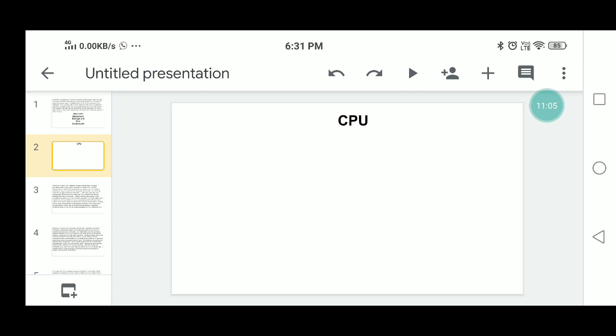Next, what is the role of the arithmetic and logical unit? The function of the arithmetic and logical unit is to perform the actual calculations in the computer. So it performs arithmetic calculations in the computer. What are the arithmetic calculations? Addition, subtraction, multiplication, division. And it also does logical